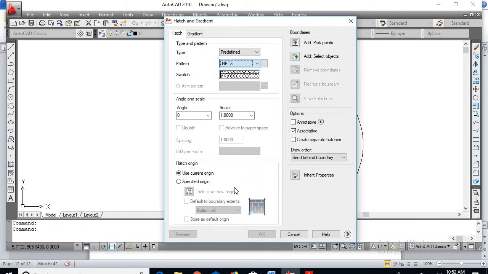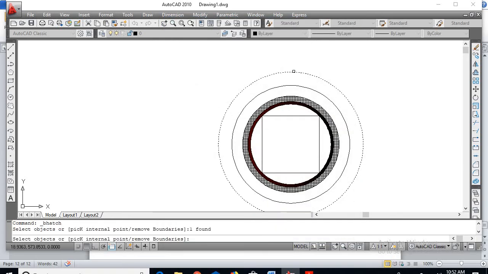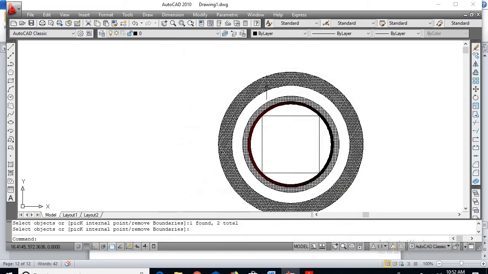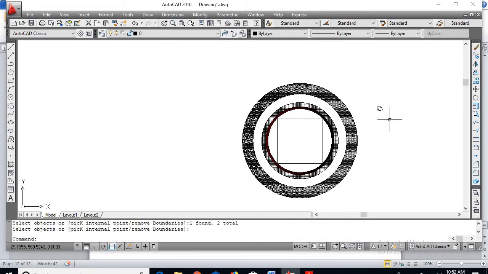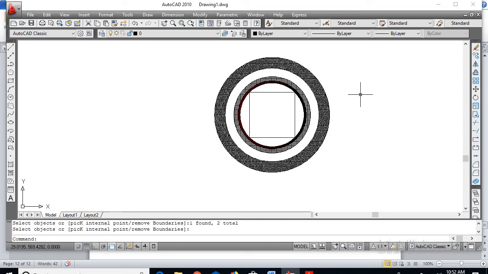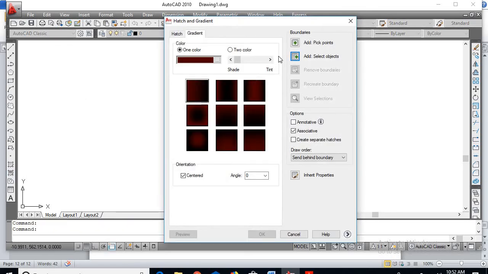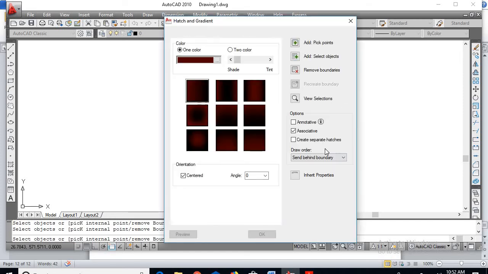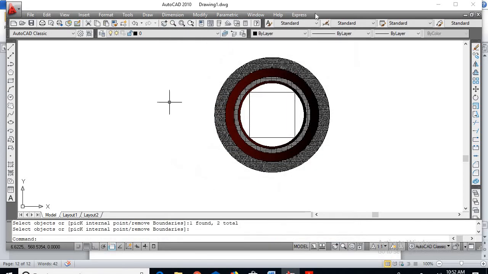Instead of net 3, go for select object, select these two circles and say OK. This is the HV winding. Next, insulation: go for gradient, select object, select these two circles between LV and HV winding and say OK.